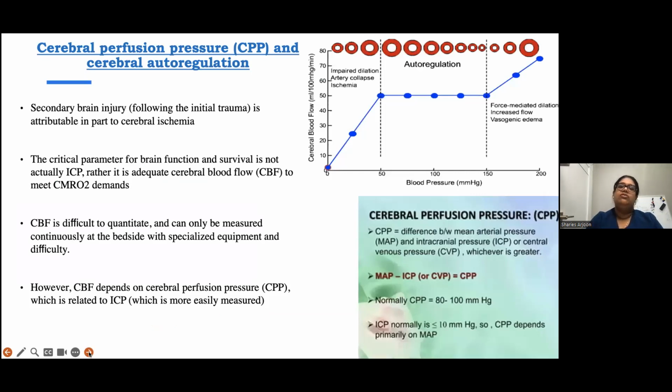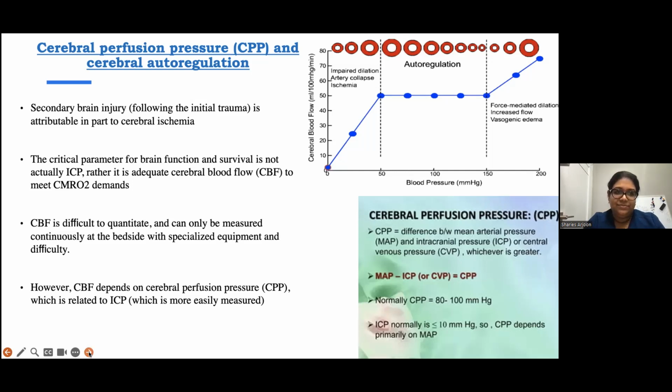So secondary brain injury is attributable in part to cerebral ischemia. The critical parameter for brain function and survival is not actually ICP, rather, it is adequate cerebral blood flow to meet the cerebral metabolic rate of oxygen consumption demands. Cerebral blood flow is difficult to quantitate and can only be measured continuously at the bedside with specialized equipment and difficulty. However, cerebral blood flow depends on the cerebral perfusion pressure, which is related to the ICP, and this is